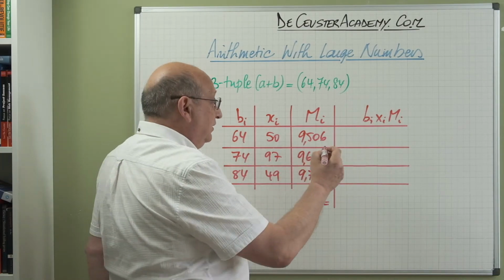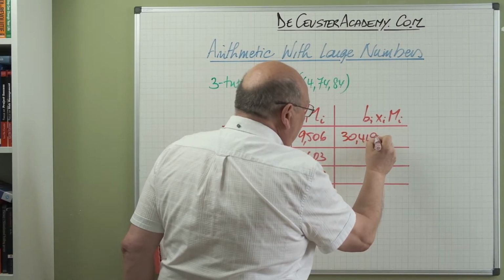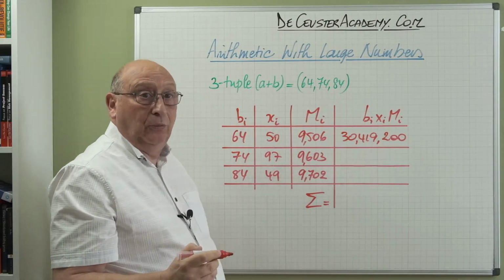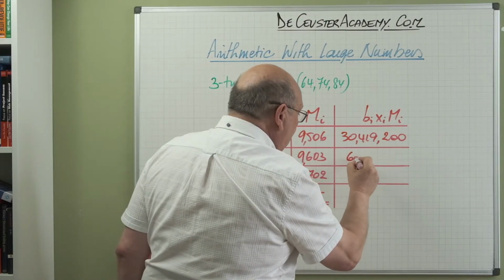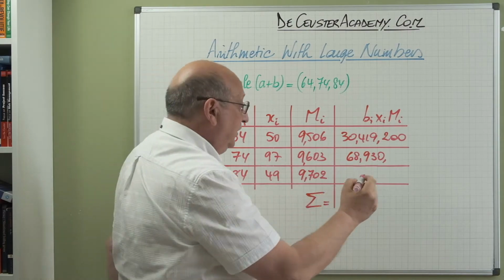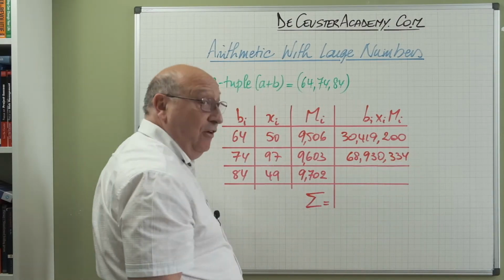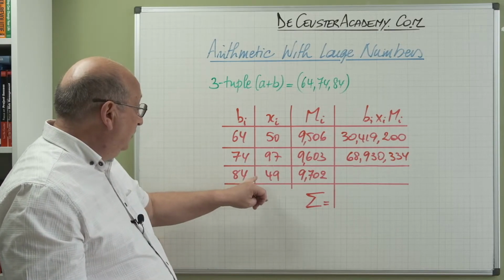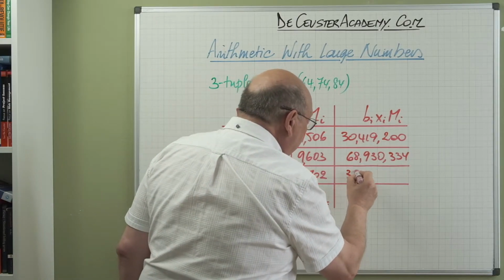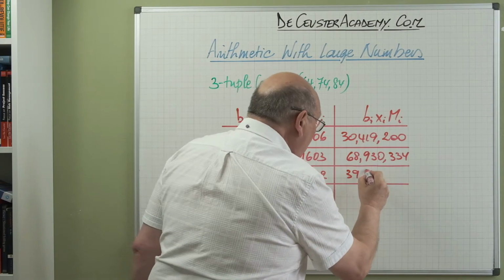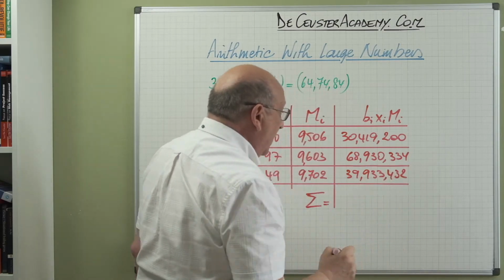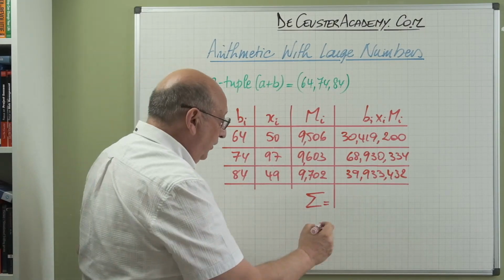And for the first one, we find 30,419,200. For the second one, when you do the calculation, you will find 68,930,334. And for the last number, when you multiply 84 with 49 and 9,702, you find 39,933,432. When you add all of them, you find